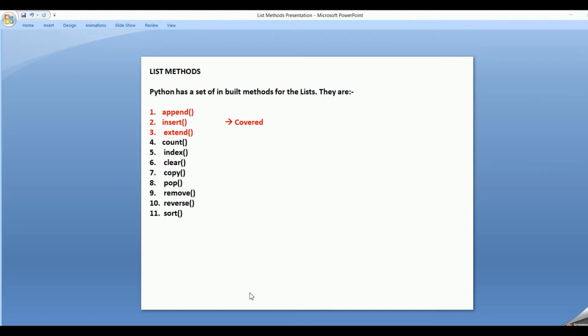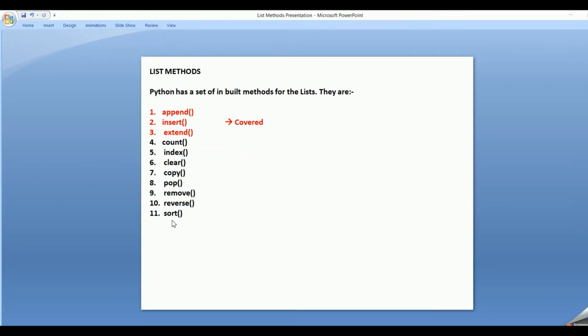In the earlier session, we had looked into indexing of list and slicing of list. And in this session, let's look into the list methods. There are many methods available in the list data type. Some of them have been specified below. Each particular method helps us in a functionality.